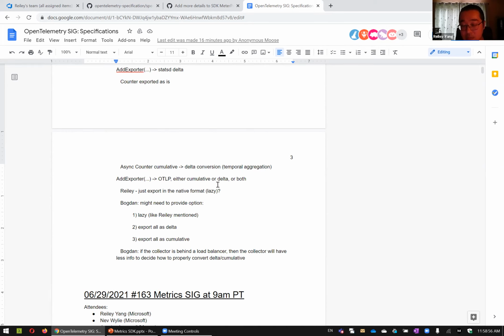Then I started to think, in the SDK, in the OTLP case or whatever exporter that you can support both, you should give the user a way to do cumulative or delta. What I'm struggling with and want to get feedback on here is, do you think that's one single option? Say I want to export everything here as cumulative or delta, or you want to have fine granularity. Say I want to export A as cumulative but B as delta. By default, I would avoid the complexity, but I want to see if there's a valid business consideration.